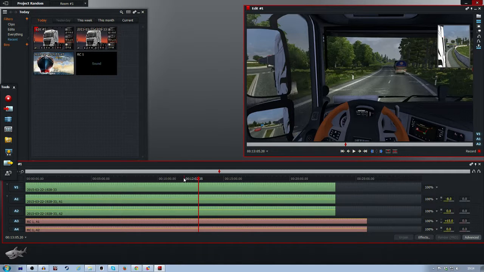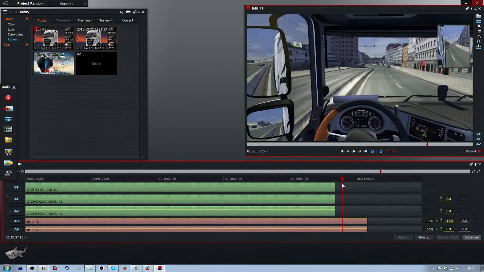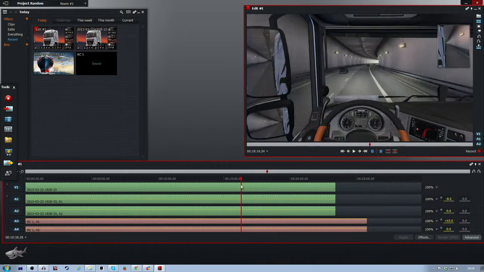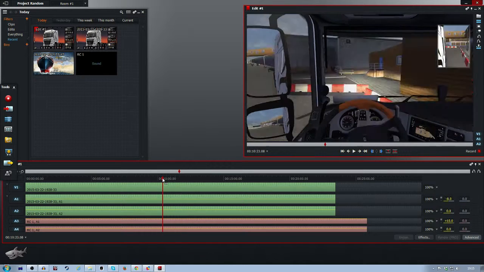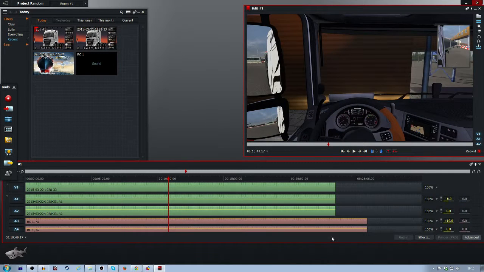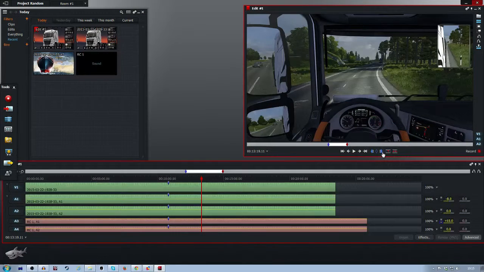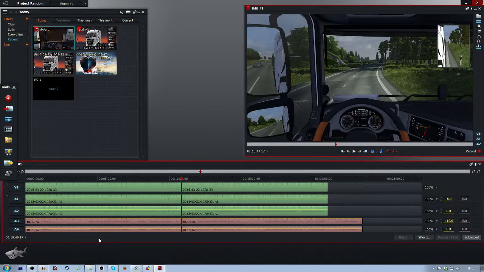But yeah, that's just some of the things you can do in this editor. It is quite different to most editors, as it is what they call a non-linear editor, which makes it able to do some neat stuff, but it has a slightly more aggressive learning curve. I only use it for basic editing, so taking parts of my video and cutting that out, like that for